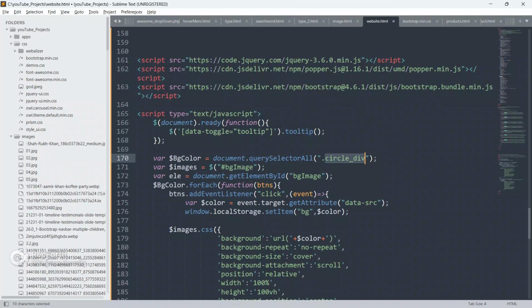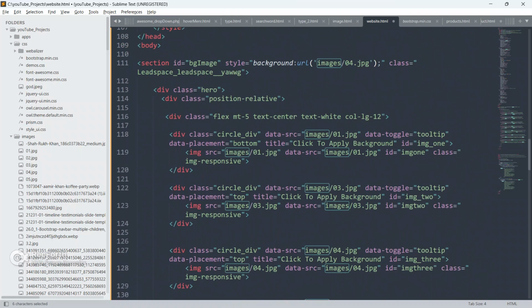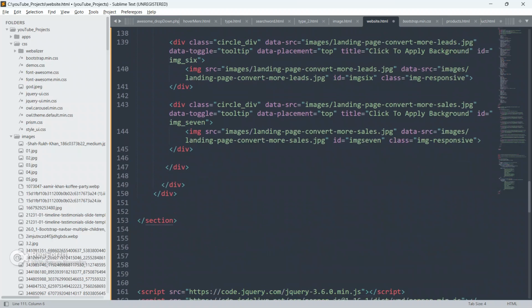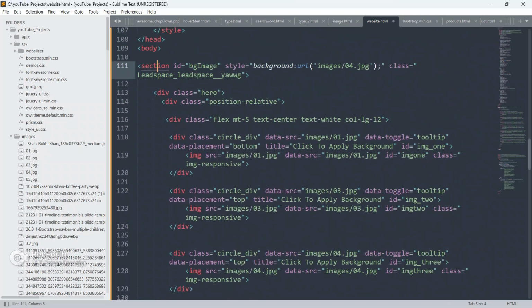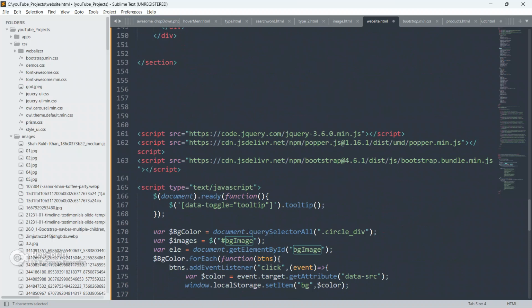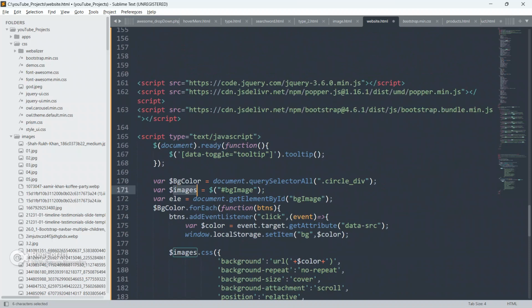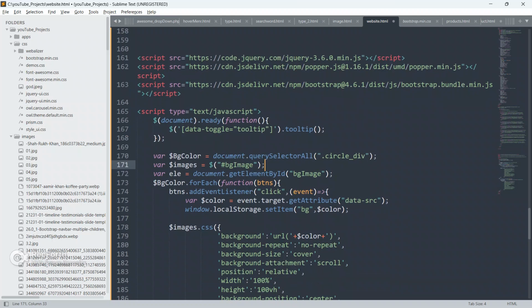I have also taken this entire section, given it an id of bg image, and I am getting it here using jQuery.